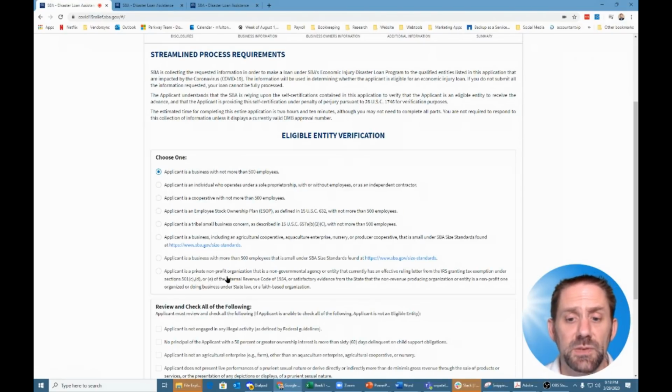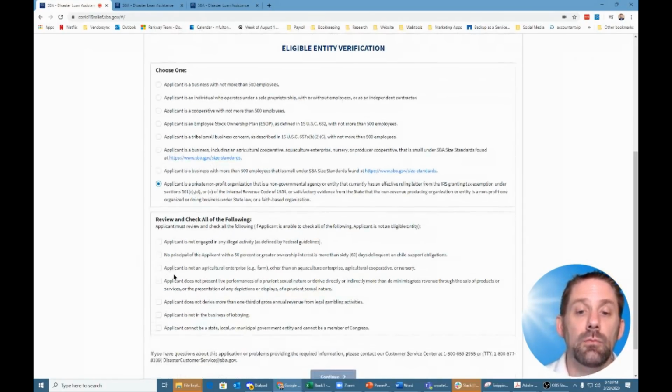Applicant is a business with more than 500 employees. That is small under the same kind of concept. And then the final one is applicant is a private nonprofit organization, a non-governmental agency or entity that currently has an effective ruling letter from the IRS granting tax exemption under Section 501(c)(3), (d), or (e). So whatever your best entity is, you need to choose one of these, and then you must go through and